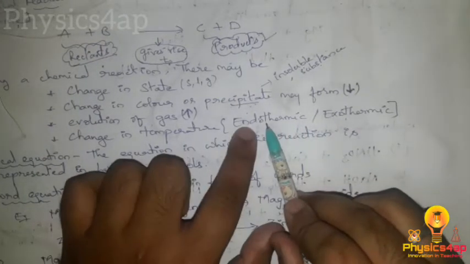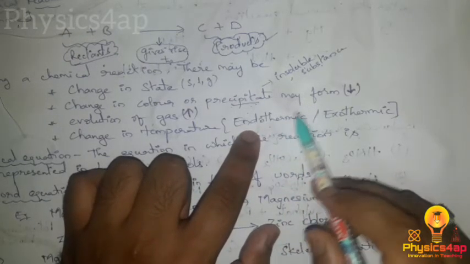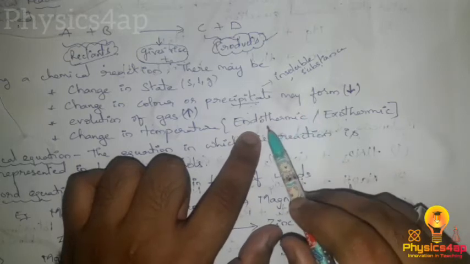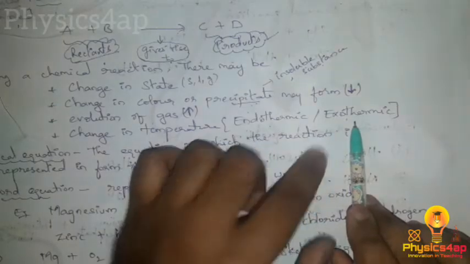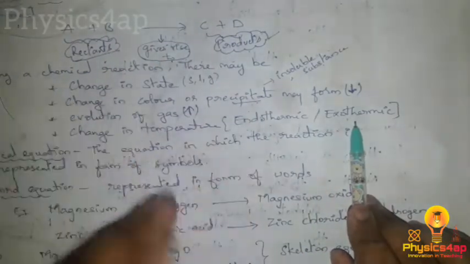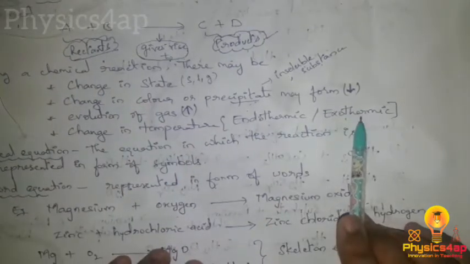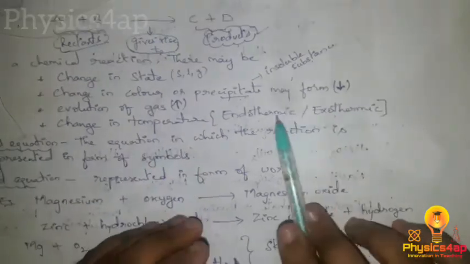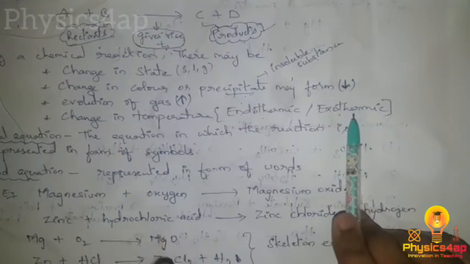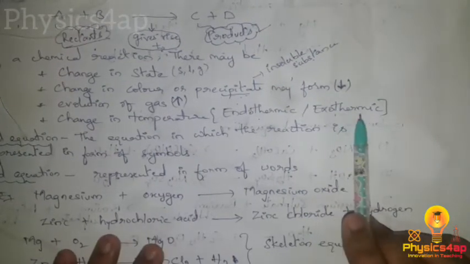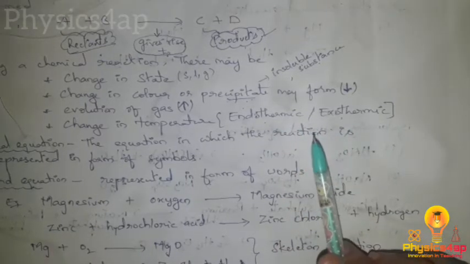An endothermic reaction is a chemical reaction in which we supply heat to the chemicals. An exothermic reaction is one which liberates heat, that means it releases the heat. Here the heat is being absorbed, and here the heat is being liberated, that means it is given to us. Here we have to give the heat, that is endothermic. Exothermic is where the heat will be given to us. Further we'll discuss endothermic and exothermic in detail.